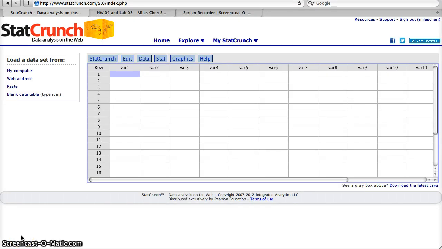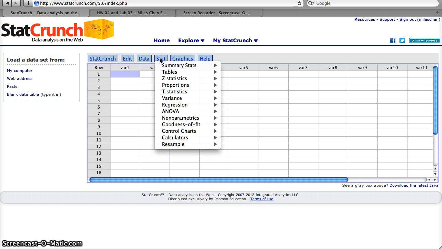Okay, for exercise 5.1, you are supposed to simulate flipping a coin 10 times and see how many times you get heads. Okay, with StatCrunch, or when you did it in the book, you used the random number tables and you said let odd digits represent heads and even digits represent tails. With StatCrunch, you can actually simulate